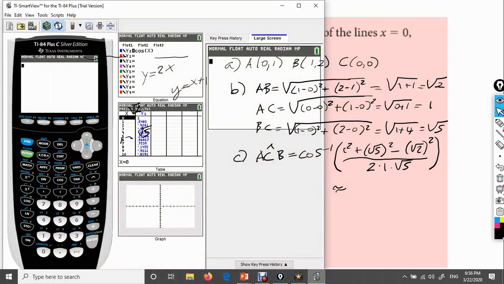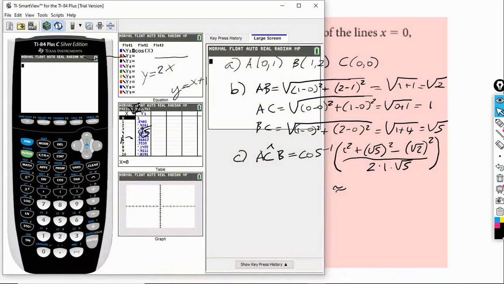Okay, so here's our calculator, and we're going to do the inverse cosine of that expression. So for that we need second inverse cosine, and here we have to be careful with the parentheses. So let's do a parenthesis for the numerator. Parenthesis 1 squared, that's just going to be 1, plus square root of 5 squared, that's going to be 5, minus square root of 2 squared, that's just going to be 2. Okay, close parenthesis, and we're going to divide that by